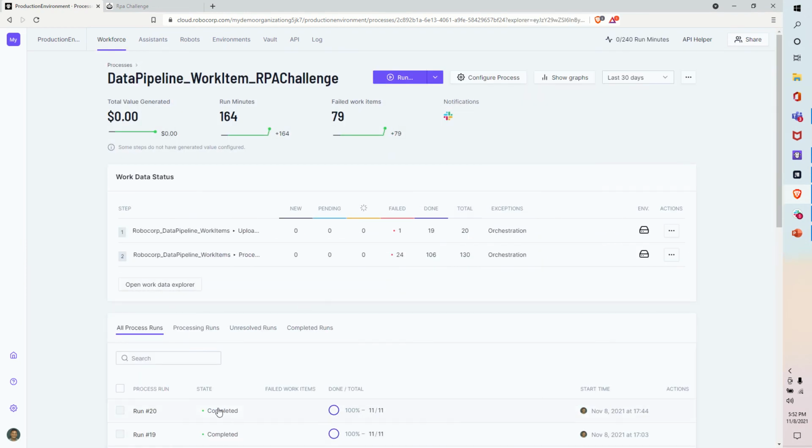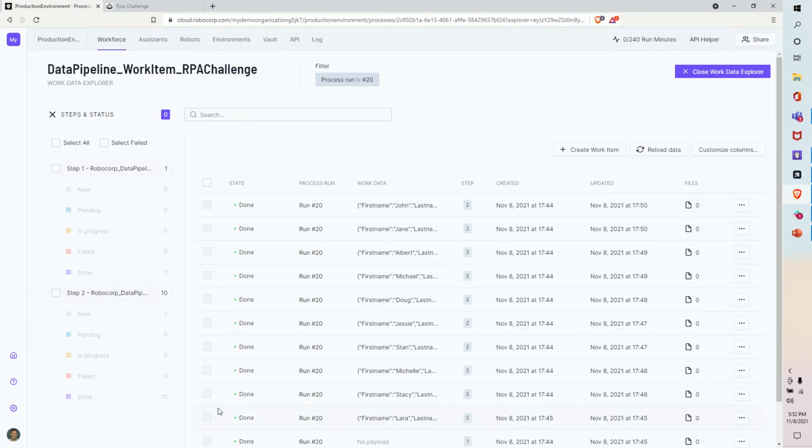Only for run 20 you can see there are 10 entries. If I select step 2, in this case step 1 was the one where we uploaded all the records as work items, and then in the second one we consumed them.